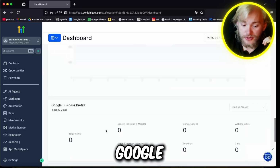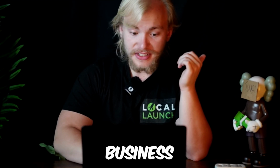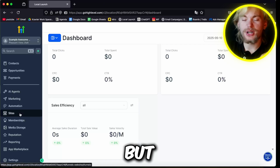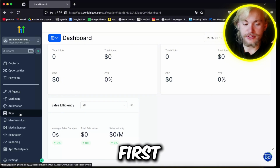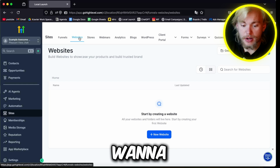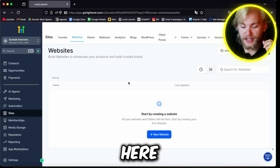You can go ahead and put in your Google Analytics, your Google business profile, and you can even run ads directly outside of GHL. But today we are going to be making a website. So the first thing that we're going to want to do, and just go to where it says sites right here. After that, what you might want to do is select this website button right here, but we're going to